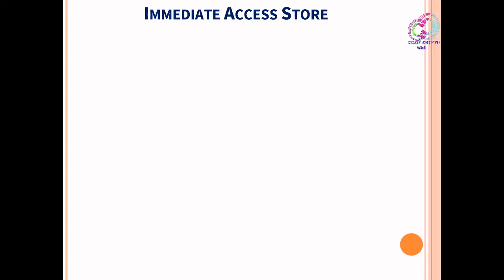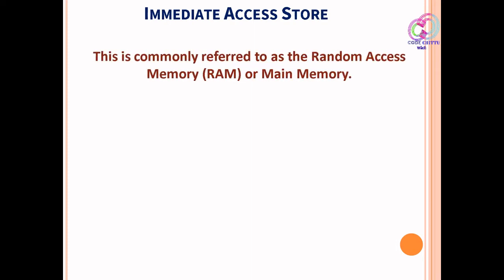First I took the immediate access store. The name is new to you, so I want to introduce it. In most IGCSE exams they ask what is meant by immediate access store, and what is the purpose of the immediate access store. You know about it, but this name is new to you. Immediate access store is nothing but our main memory, that is RAM, commonly referred to as RAM. By the name you can understand why it is called immediate access store: whatever is going to run is stored immediately in the RAM, and then everything runs from the RAM.